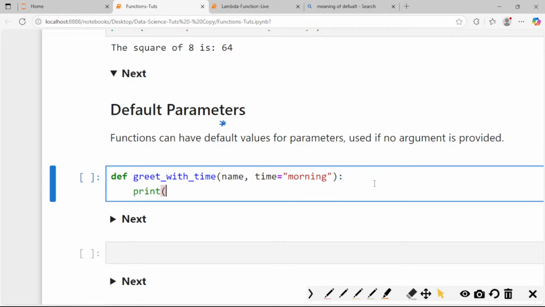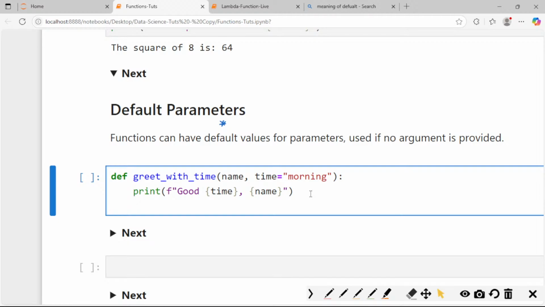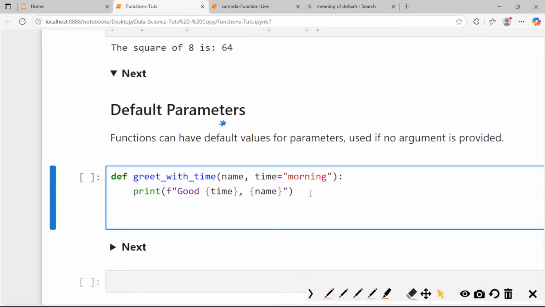Print f string. Let's create an f string. So let's say we want to say good morning. So here the variable is what? Time. So you put it in curly brackets. Good morning. And then you take in the name. The name is also a variable. You get it? So in this case, when you are calling the function, let's say greet with time. Let's give it a name of